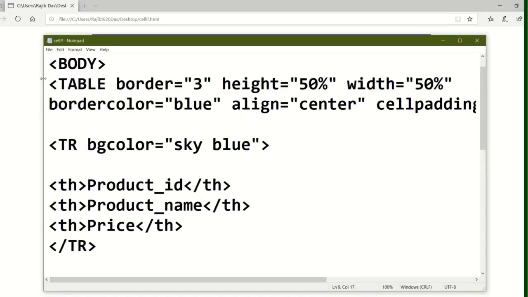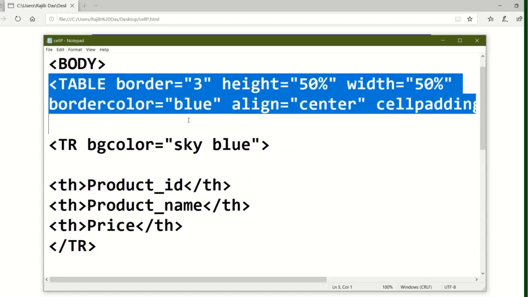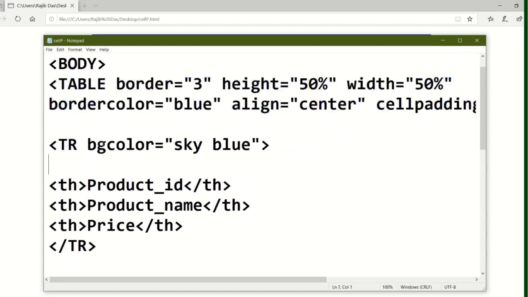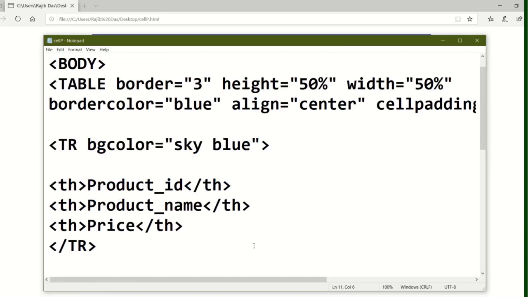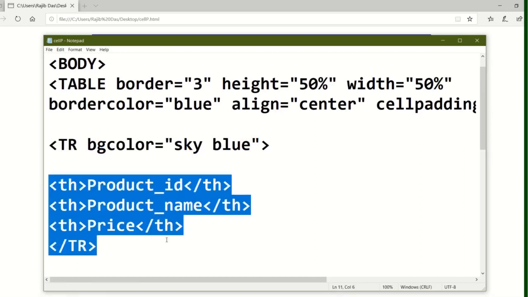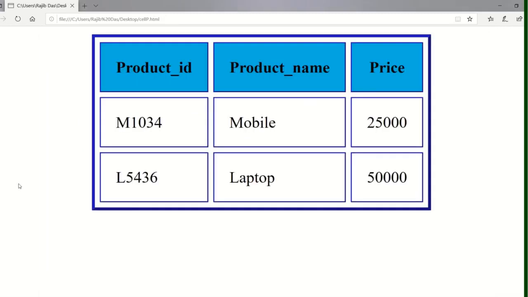This is the table code, and this is the table tag, and within this table tag is the first row. In this first row this is the th, that means table heading, and in this table heading I am applying colspan first.